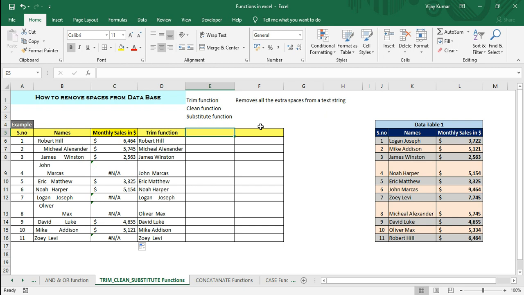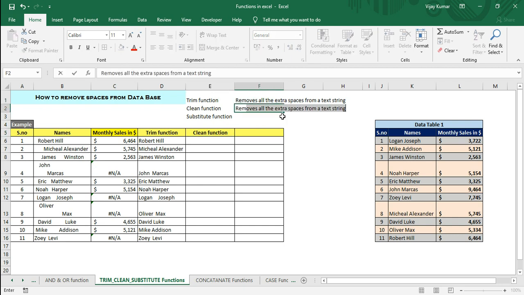So the next function I'm going to use is the CLEAN function. The CLEAN function basically removes all the non-printable characters from a text string. So I'm going to use the CLEAN function to remove all the non-printable characters from these names.